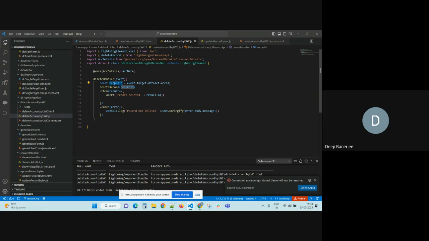It's not required to have any number of fields. Be careful. Only one field is required, that is the ID. That's why we don't require name, website or other fields. Only the ID we need. What we are keeping, we are getting here